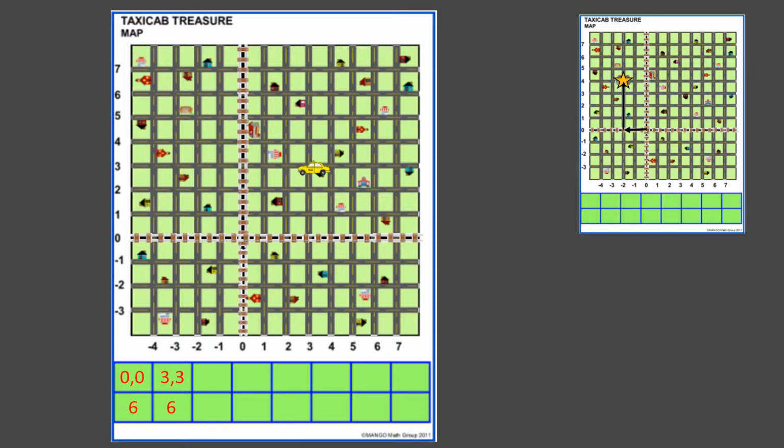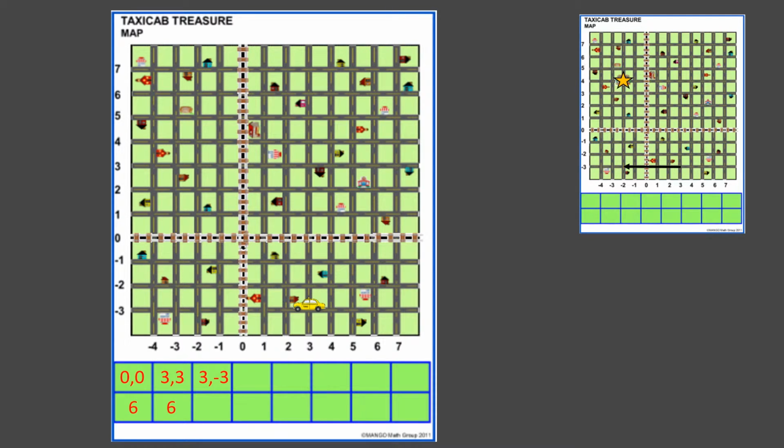So the next logical guess that they're going to use some logic is that I'm still 6 blocks away. So it's not likely it's going to be in this quadrant that I'm in. So I'm going to just guess maybe south of here, and I'm going to go just straight down 6 blocks. So that gets me at the coordinate that's still 6 blocks away from that original 0, 0 place. And I'm going to write down where that place is, and it's a 3, -3. So now I have that coordinate. The player is going to say where I'm at, and they're going to say